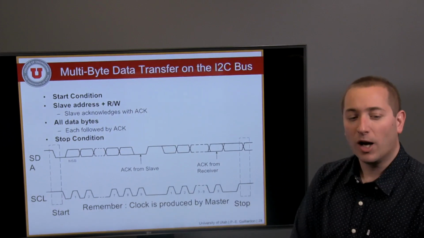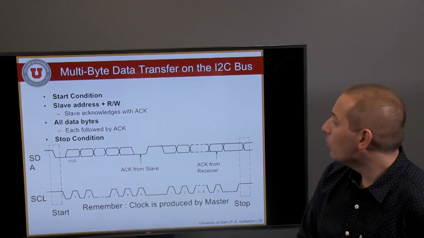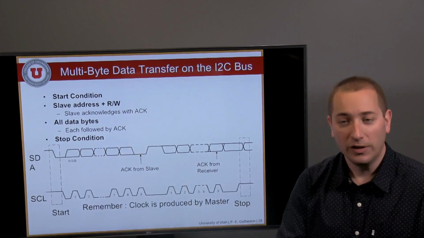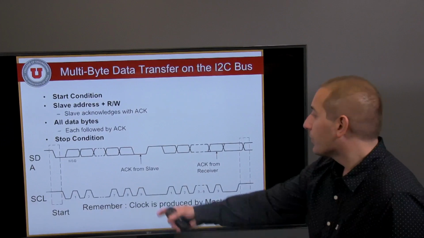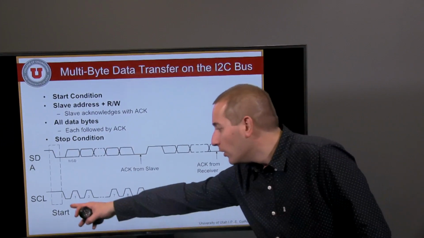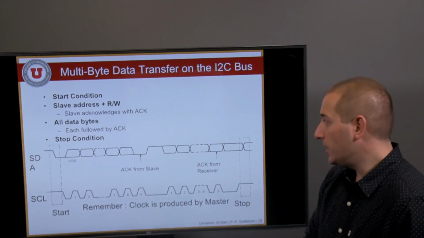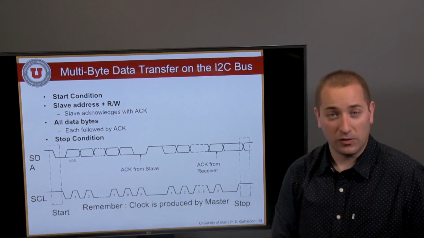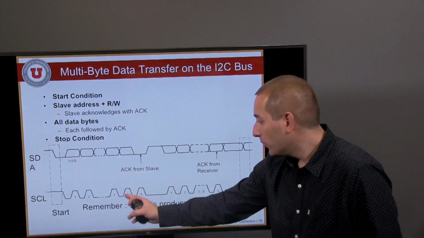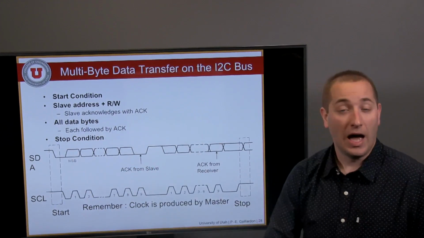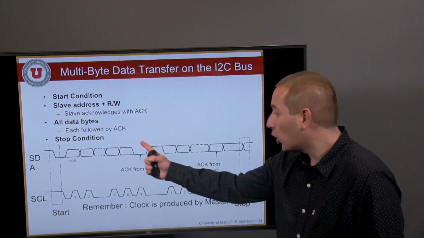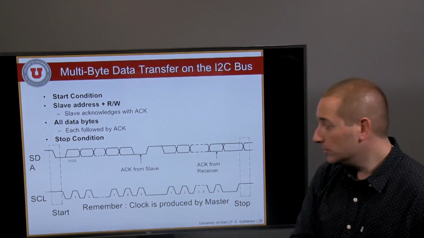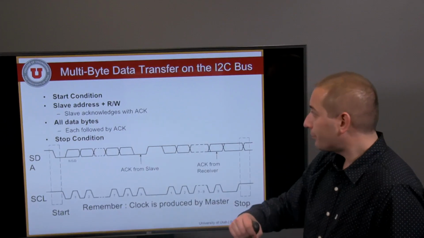Now, if we look at a more complex case, what can we see? This is the example of a multi-byte data transfer on the I2C bus. At the very beginning, the master is initiating a start condition right here. This is immediately followed by the 7-bit address, followed by the read-write line. After that, the slave must take control of the line, sending an acknowledgement. Once this is done,